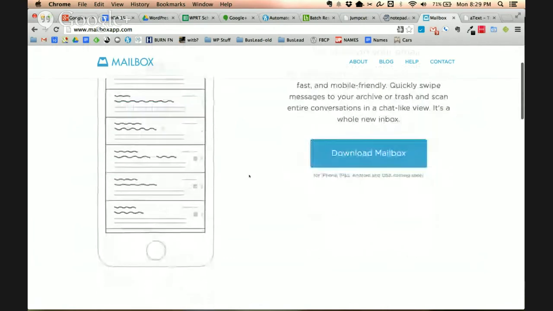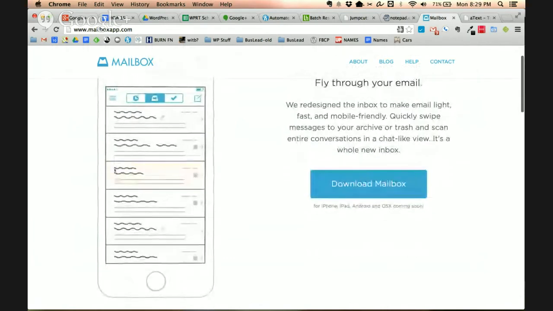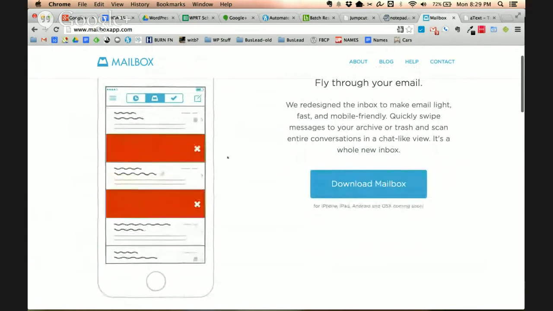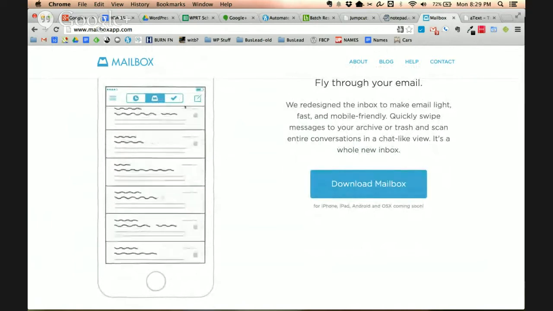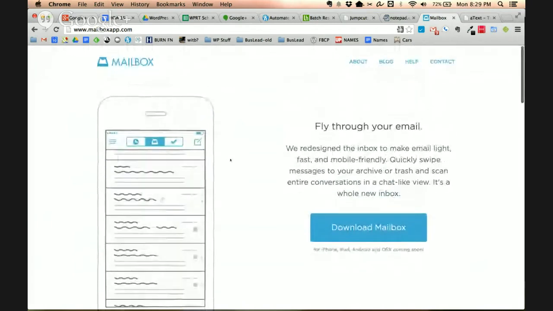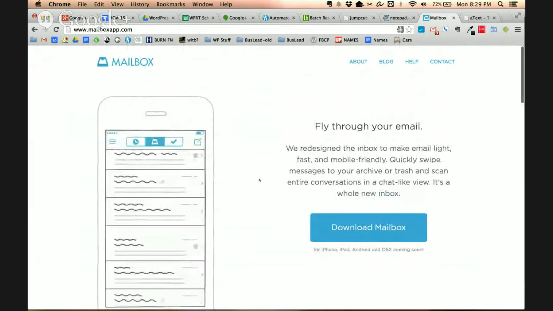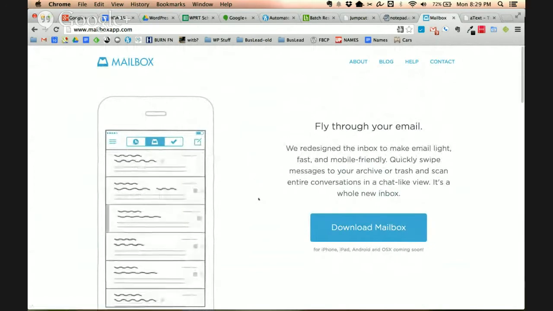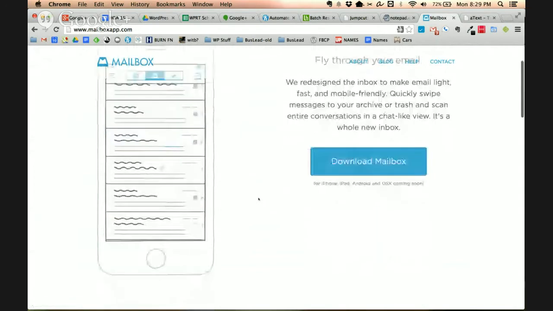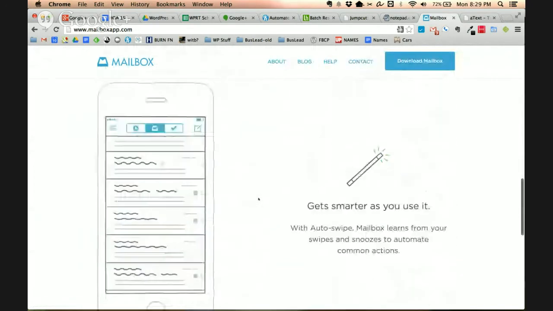So basically, like the image shows here, you can swipe things to archive them and delete them, and things that you usually could using Gmail, which is the service you have to run Mailbox in the background. But you can also snooze emails. At first, I didn't think that was a big deal. I first read about it and thought,